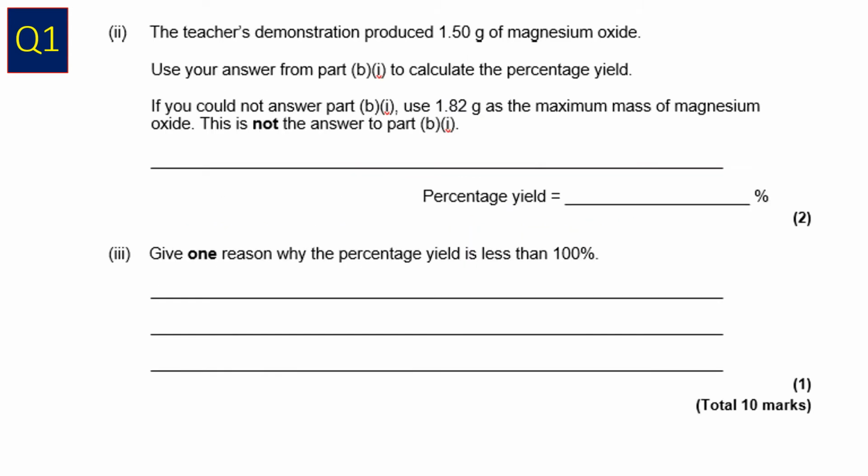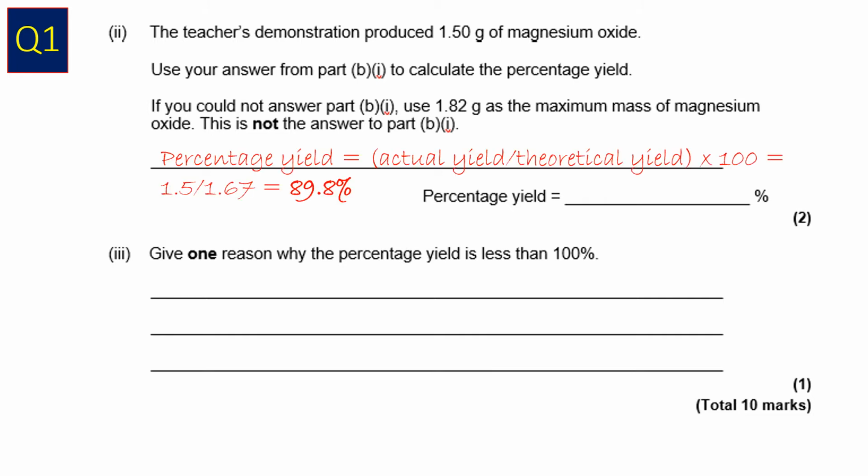Part 2 then, the teacher demonstration produced 1.5 grams of magnesium oxide. Use your answer from part B to calculate the percentage yield. If you could not provide an answer, use 1.82 as the maximum mass of magnesium oxide. This is not the answer to part B.1. So we've worked out part 1's answer. We said it should be